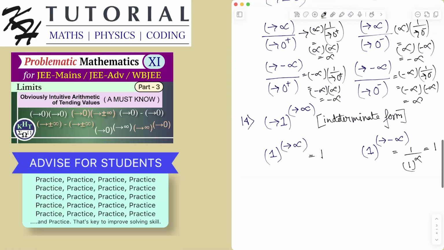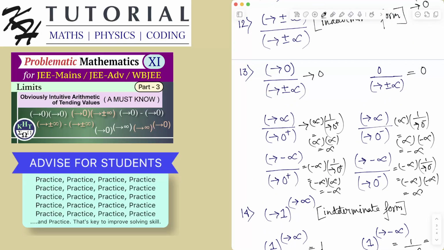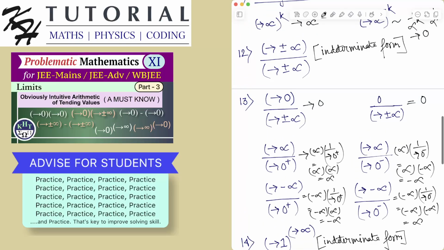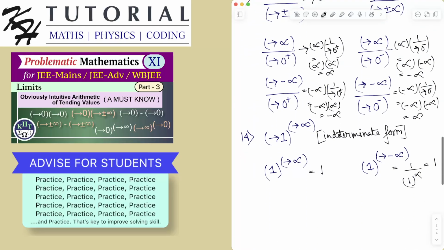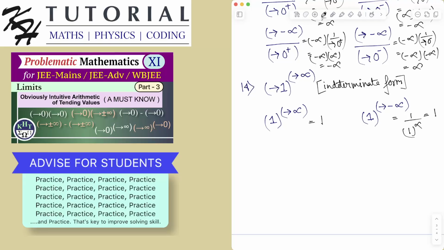So I think I have covered most of the critical arithmetic operations involving the special tending values that you will encounter in determining the form of the limiting function. When you are given a limiting problem, you first substitute the tending value of x and determine what the form is. In most cases it will fall in one of the indeterminate forms. So what are the indeterminate forms we have discovered? The last one was